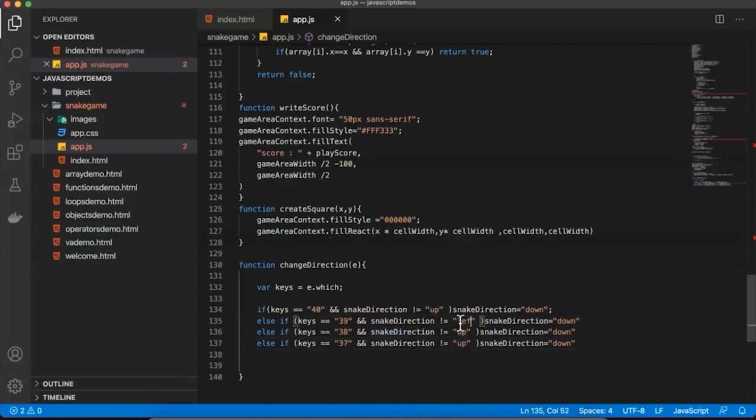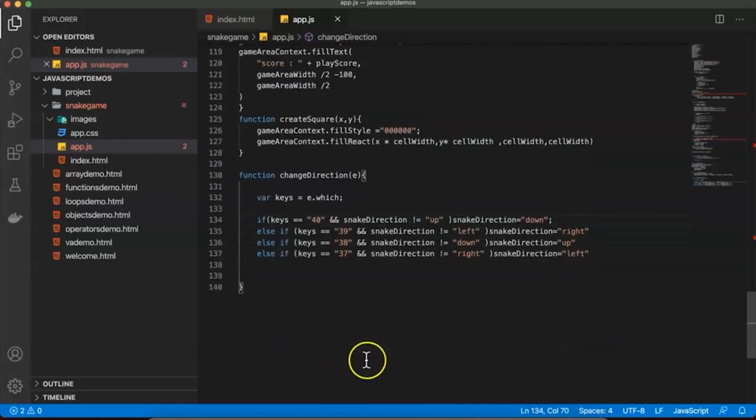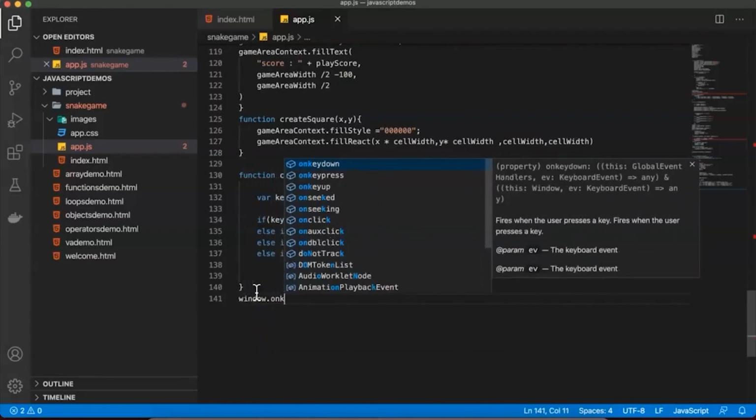Let's change to what? Left, down, right. Here we say right, up, left. So three options we have changed, and last but not least here I will just use window dot on